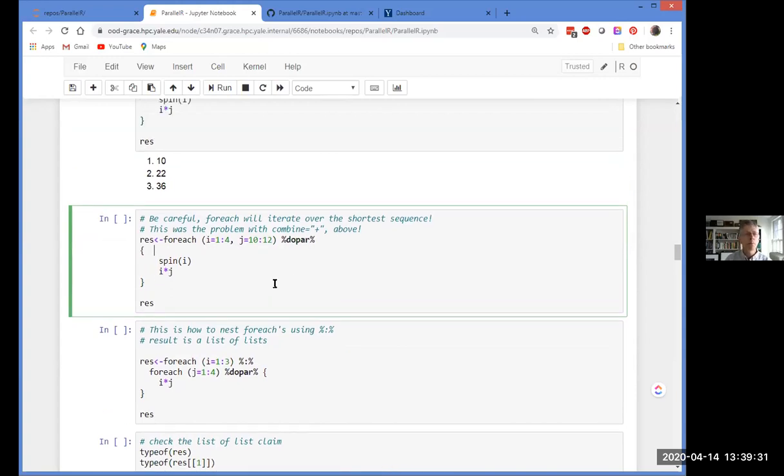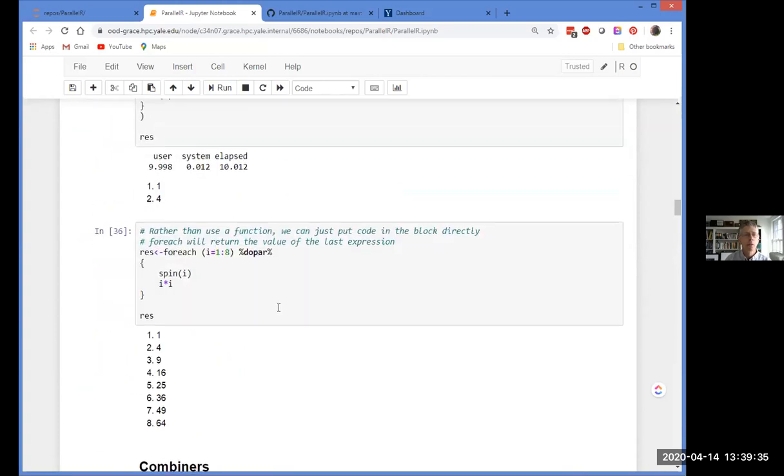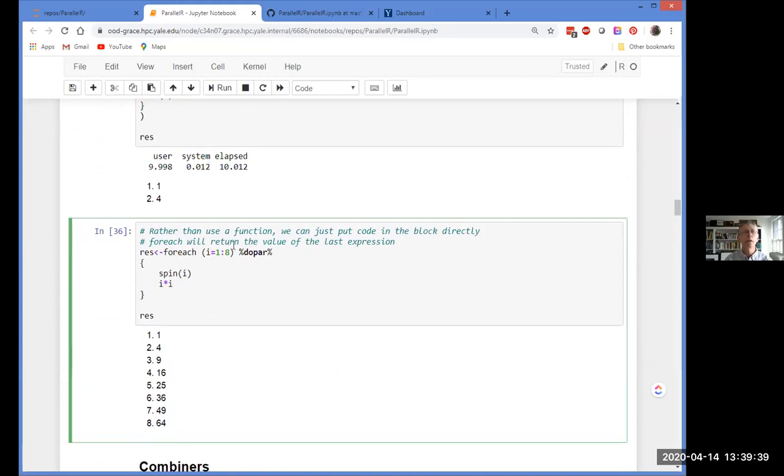So I think I'm going to just back up for a second here and go back to one of my larger executions. I want to prove to you that this is actually running in parallel.